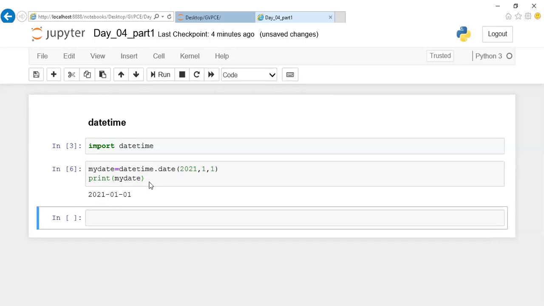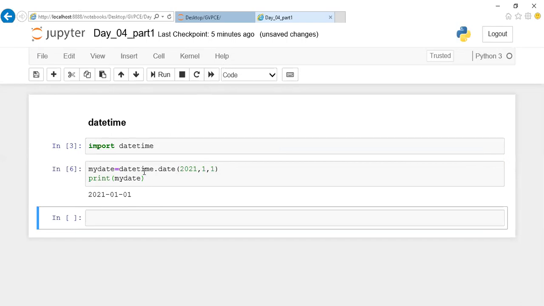Fine. So what happened? I'm passing some information: year, month and day. So it is giving it as a date format. If I use datetime.date, it gives you the given information as a date format. We didn't give this hyphen at all. It is taking it by itself.